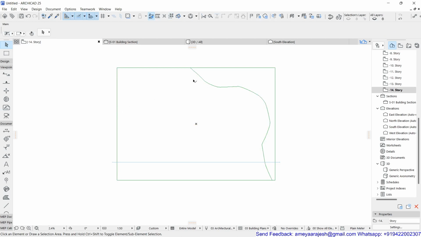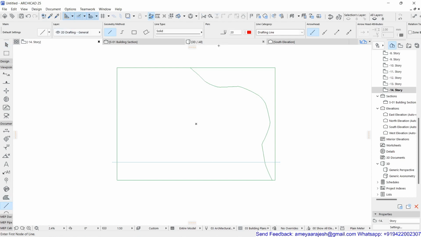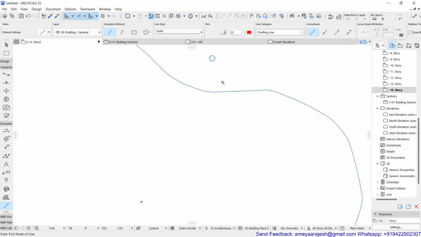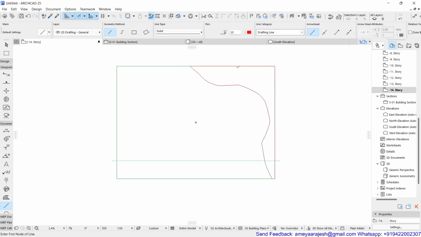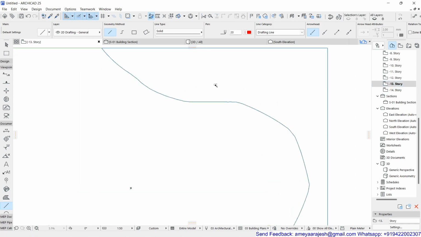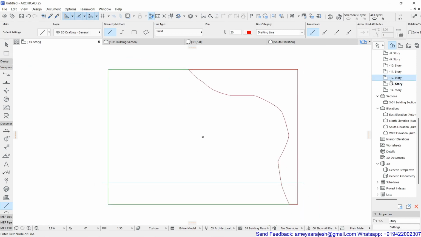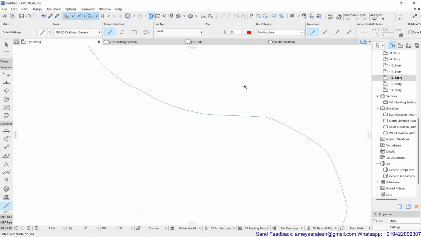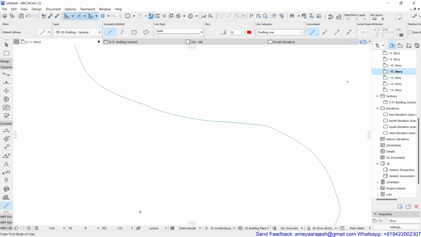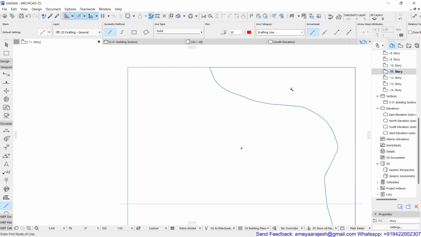To proceed further with tracing these contours, initially I'll take the help of the 2D line work. Then later we'll try to convert them into the required 3D format also. So just make sure that you will be using the magic wand concept and you will be tracing out these segments. Every time you stay on the next story and use this magic wand, that is space bar and required key, you will get the end product. So I'll just try to probably trace out a few of the contours, and then I'll show you how to do the post processing.